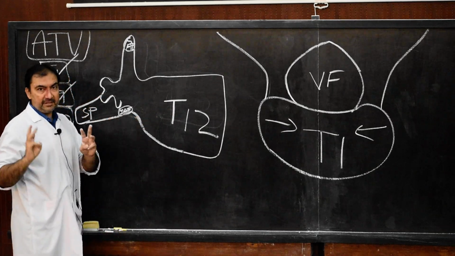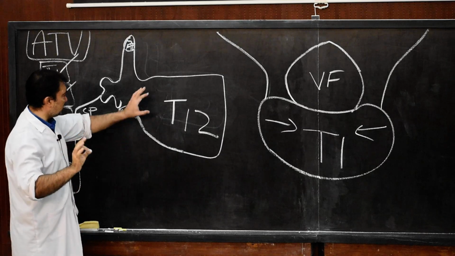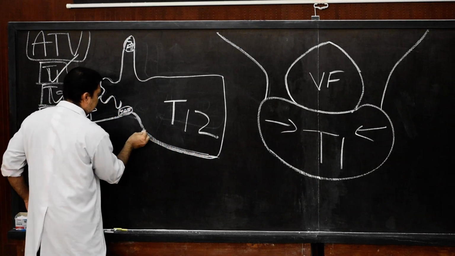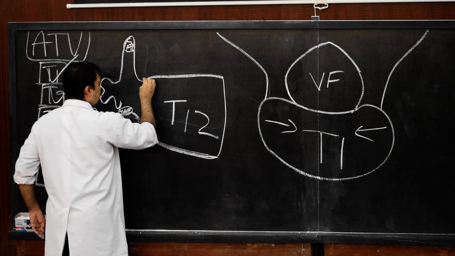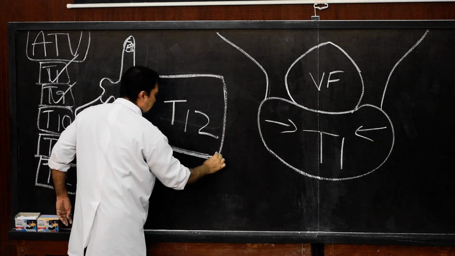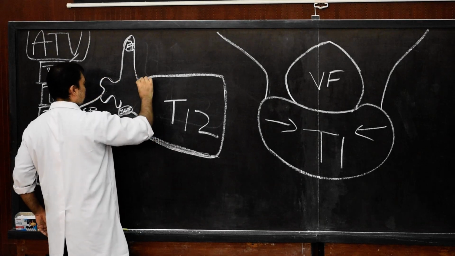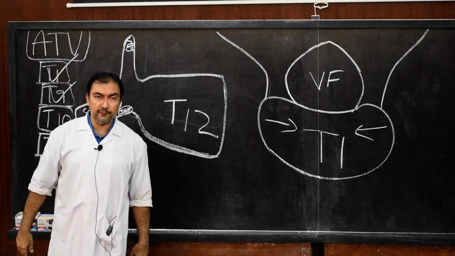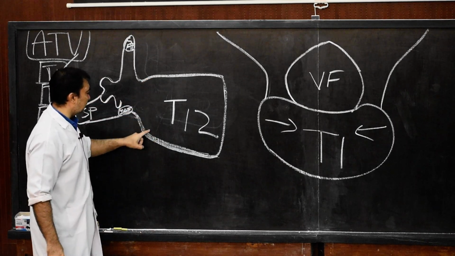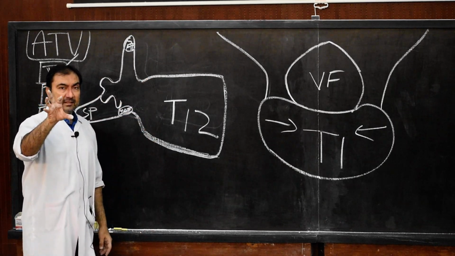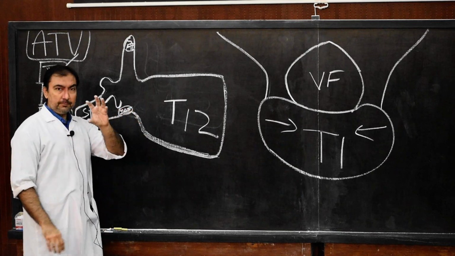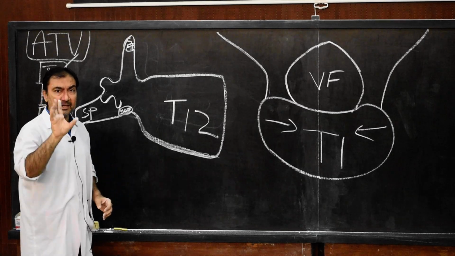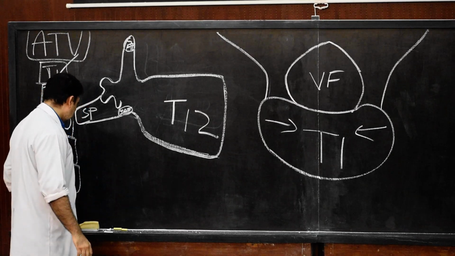What are those 3 features? Number 1, the first feature of T12. In case of T12, let us darken this first. The costal facet, the first feature, will be exactly midway between superior and inferior margins or superior and inferior border, and the same complete round costal facet on the side of the body will be encroaching on the pedicle. This is the word which is used, encroaching on the pedicle.